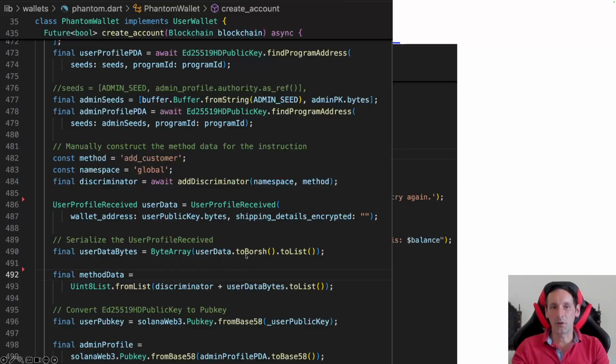And then we call the toBorsh. You remember that I mentioned this before. So this is inside of that .g.dart file, which is automatically generated by the build runner, the Borsh build runner, as we discussed. So basically, I call the toBorsh on this user data object, and that gets me the user data